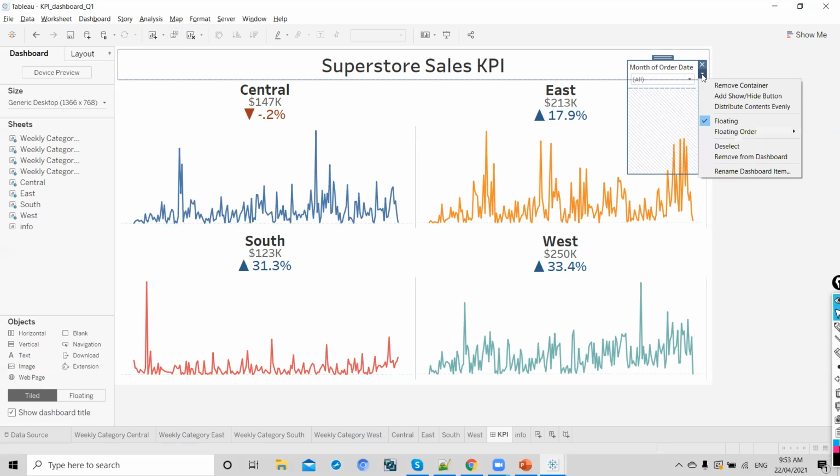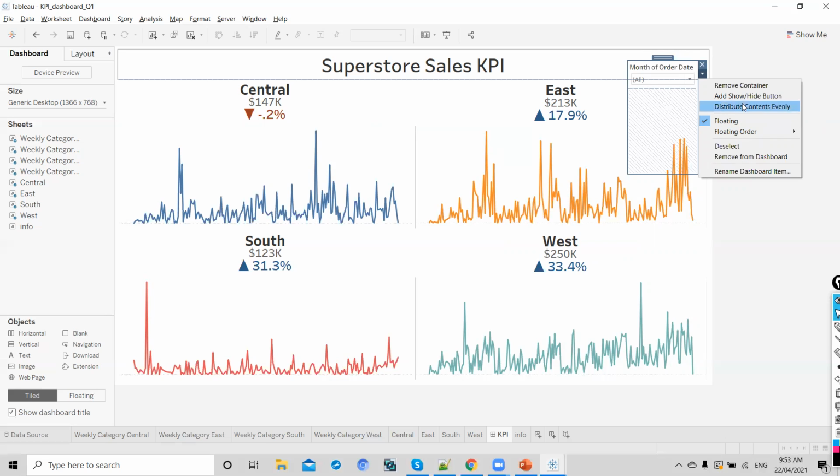I choose floating. Floating. Yeah. Okay. Now again,